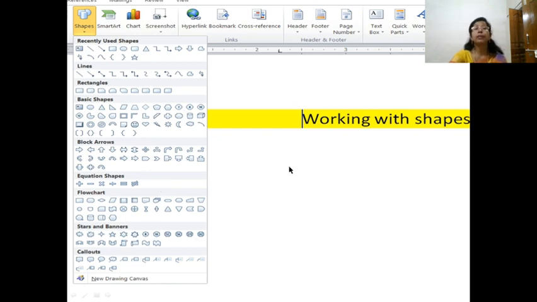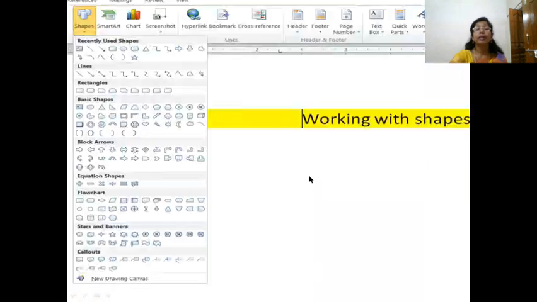Then you will click on a shape, keep the left mouse button pressed, drag it to the document and draw. Keep the left mouse button pressed and drag the pointer to draw the shape. Then the shape will be inserted in the document.